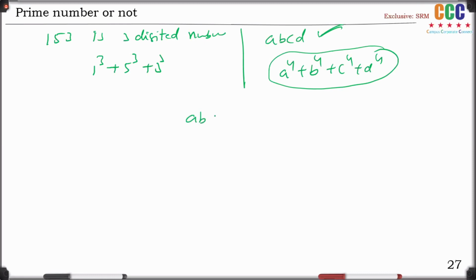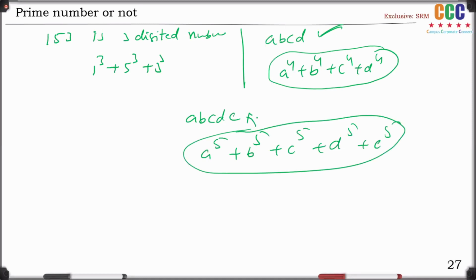If your number is ABCDE, then you need to find a to the power of 5, b to the power of 5, c to the power of 5, d to the power of 5, and e to the power of 5. Then this sum again equals ABCDE. Then this is a narcissistic number or pure Armstrong number.